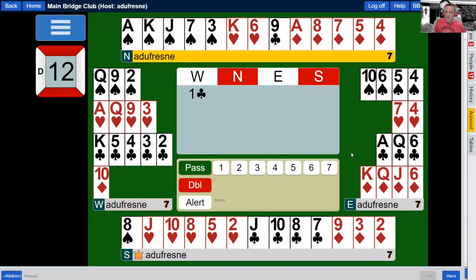North has a nice hand with 5-5 in spades and diamonds. And just start with 1 spade here. Remember, when you overcall, you can still have a hand as good as this. Okay, the overcalling range is wide. It's something like 6 to